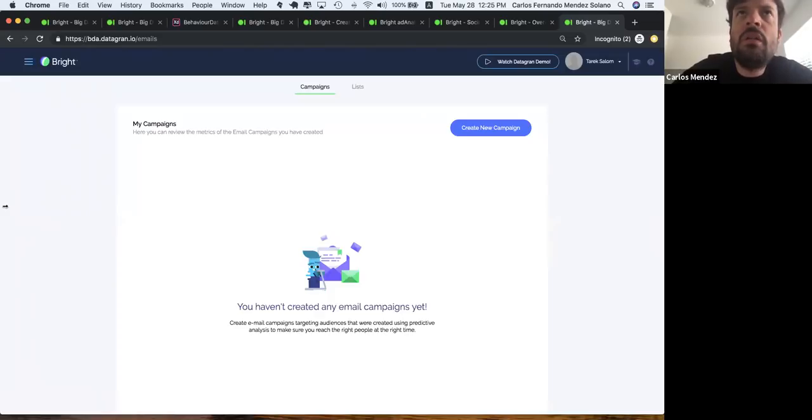Yeah, so there's several ways of doing that, and hopefully I understood the question, but there are two ways of doing that. So the first way is you can send all of your CRM data to, for example, an Amazon S3 or a database, let's say either SQL or whatever, and we can connect automatically to that, and we can analyze all of your CRM data. So that's one way. The other way is a direct connection, for example, to a Salesforce CRM, and we can bring all of that data.